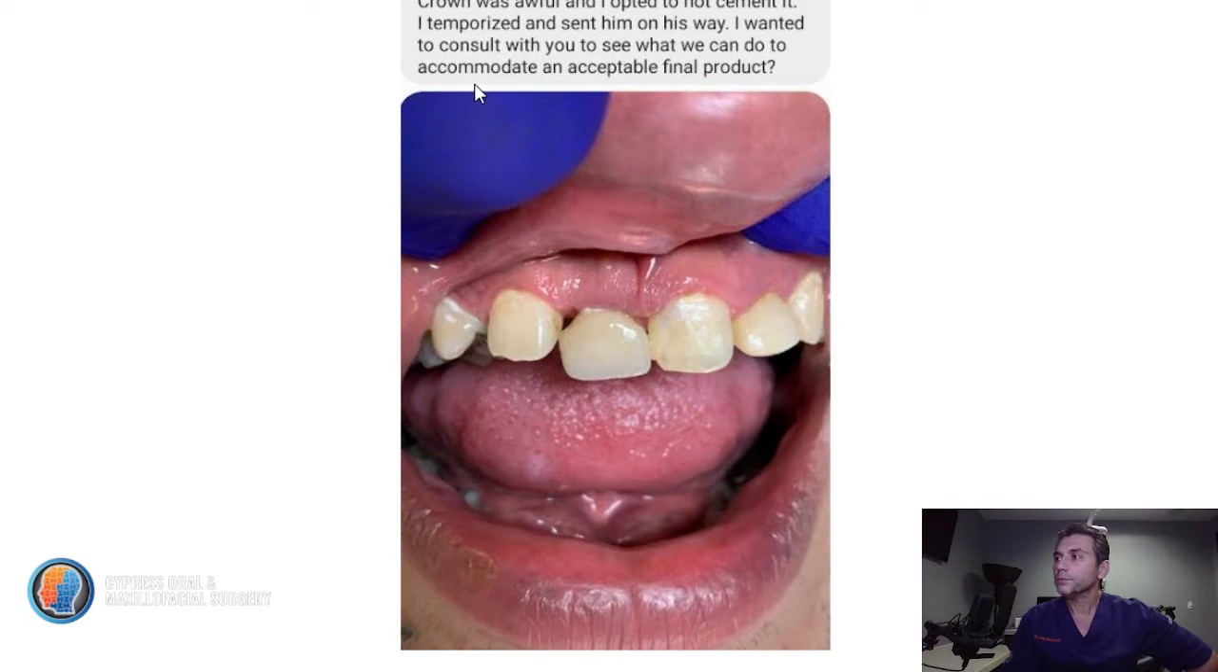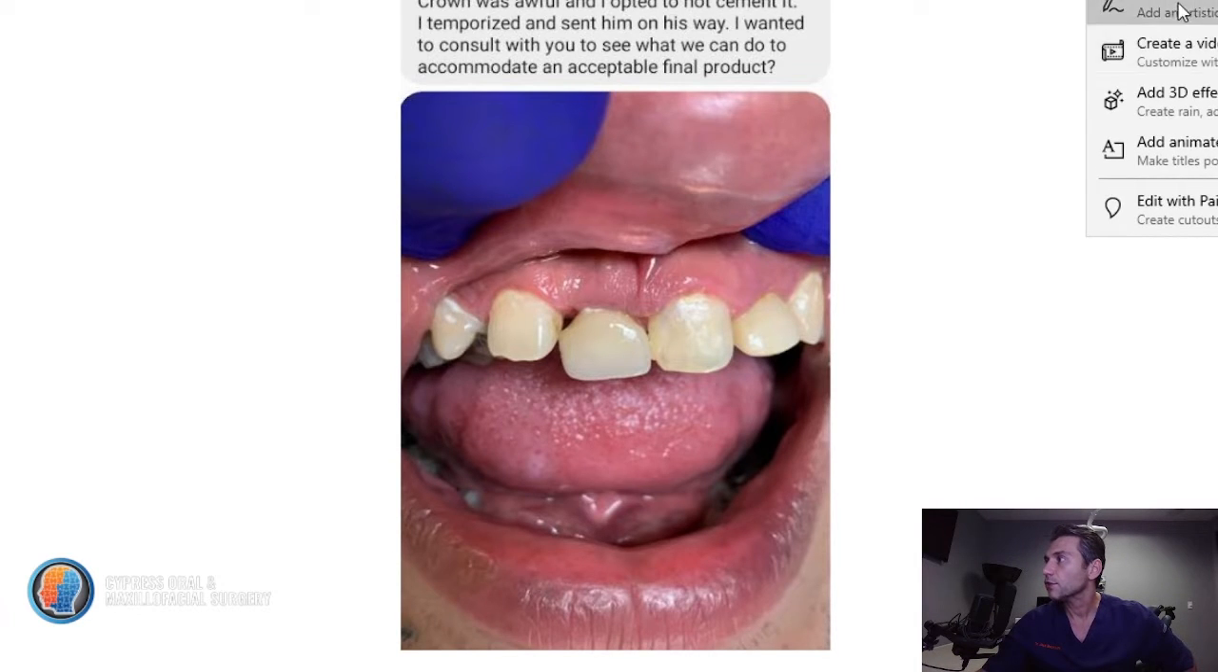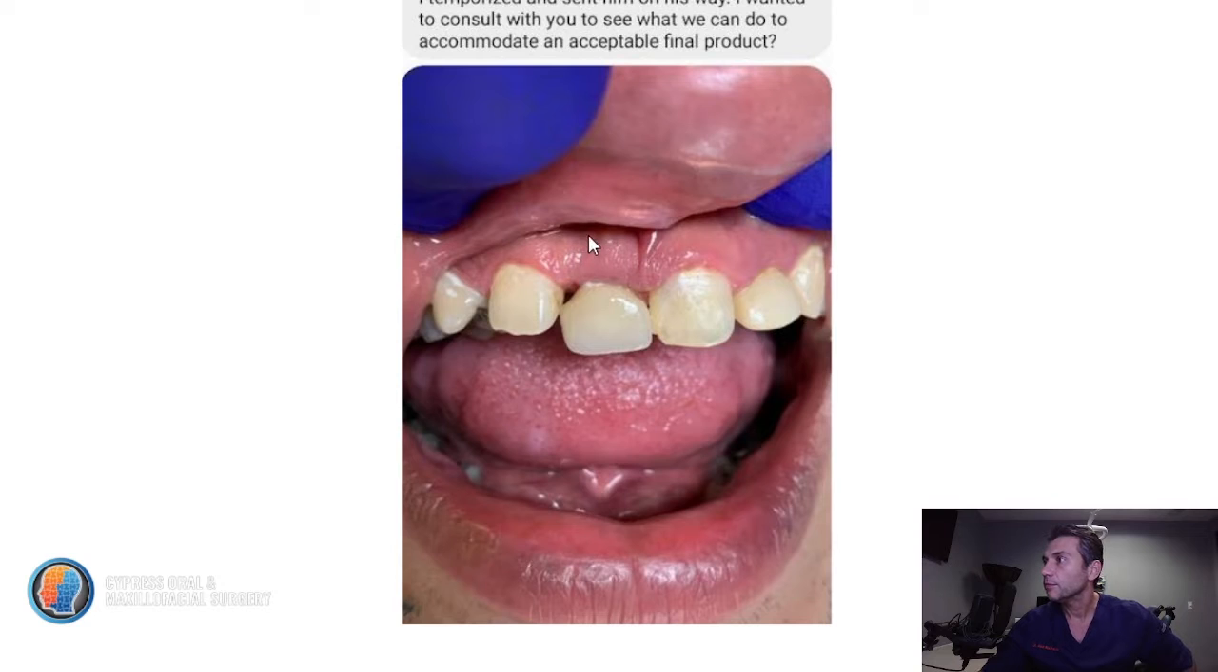All right, so this is the text message that I got from the dentist. The crown was awful. They decided not to cement the crown and just temporized it, and they wanted to send him back to us to see what could be done. And the problem here, you can see, is pretty obvious. This final restoration looks terrible. There's an implant platform right here. There's an implant here, but the issue this patient had was